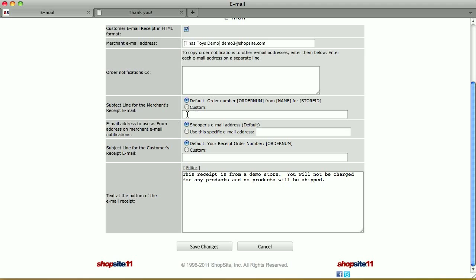The other important part is the subject line for the customers. You want to make sure that the subject line includes some information about your store so that one, this isn't filtered by spam, and two, the customer knows that it's their email receipt. So the default is just your receipt, order number, and it has the order number. But I typically do a custom one